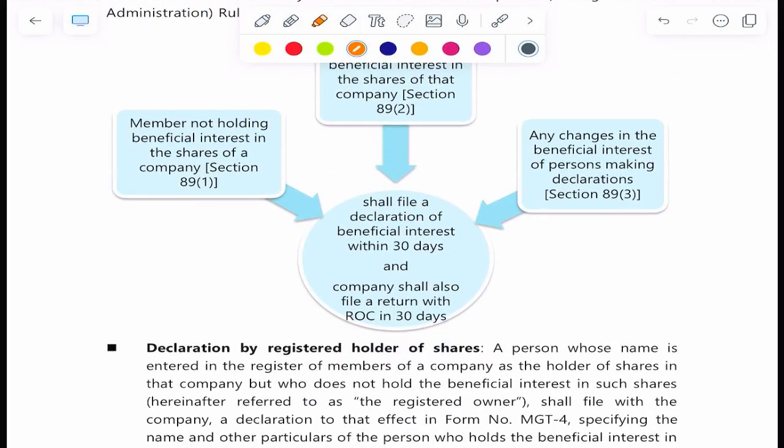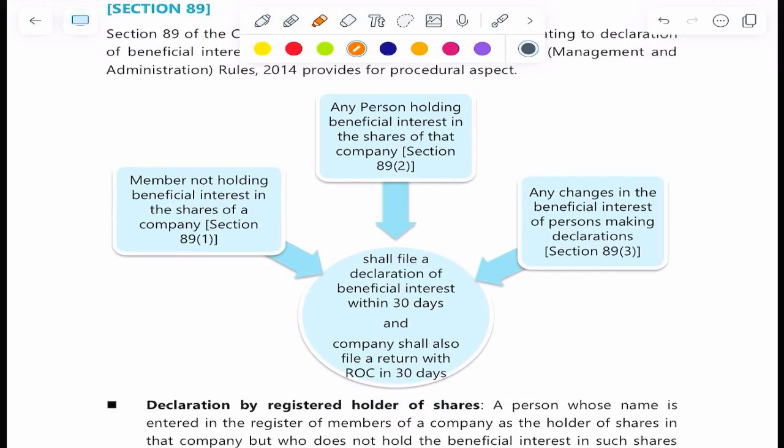इधर ये पढ़। Members not holding beneficial interest in the share of a company, Section 89(1). Any person holding beneficial interest in the shares of that company, Section 89(2). Any changes in the beneficial interest of persons making declarations, Section 89(3), shall file a declaration of beneficial interest within 30 days, and the company shall also file a return with ROC in 30 days. ये याद है ना तुमको, बहुत अच्छा था ये।